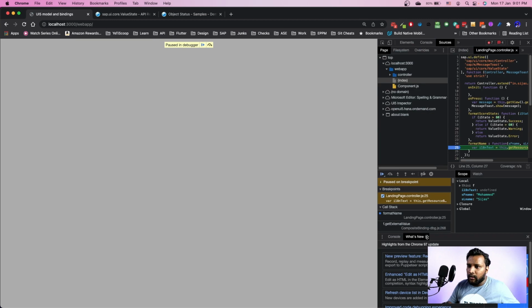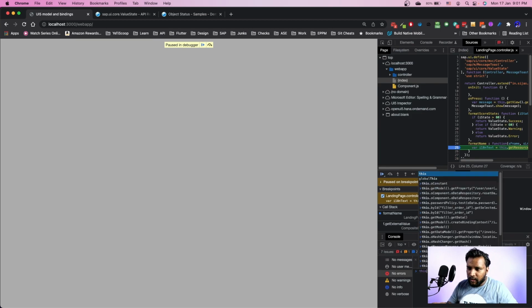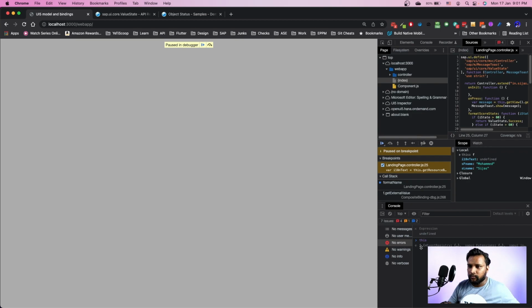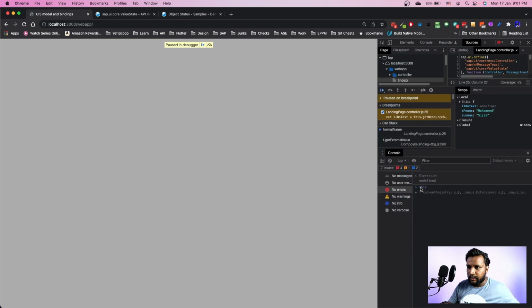So I'll go to console, and I'll simply type this, which tells me what the instance is. So this is pointing to my controller.